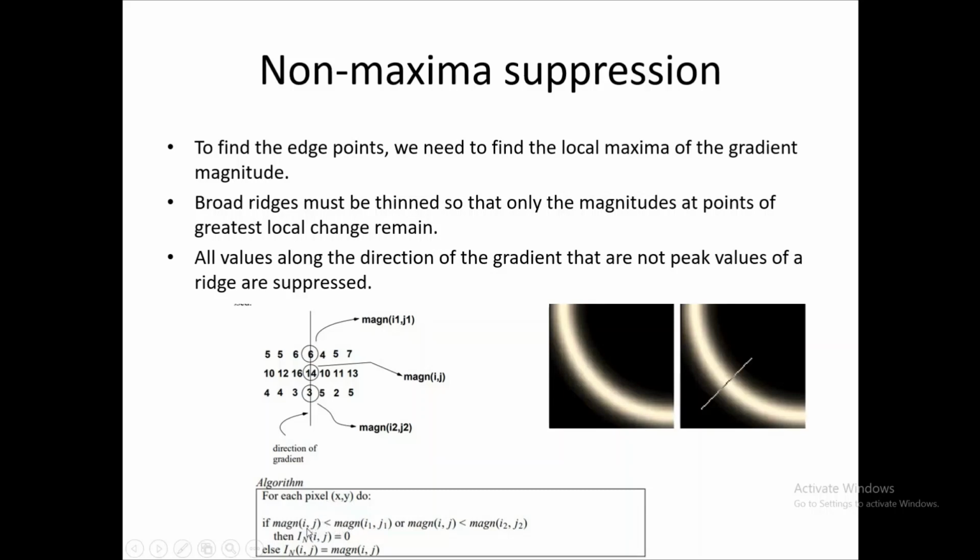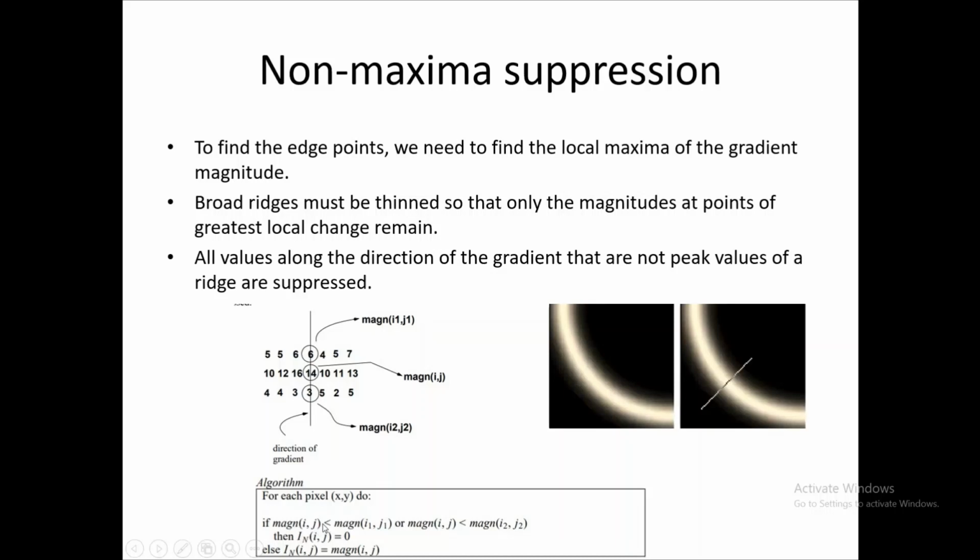If this magnitude at ij is less than its nearby magnitudes along the direction of the gradient, and there are two magnitudes, one at I1J1 and another at I2J2,